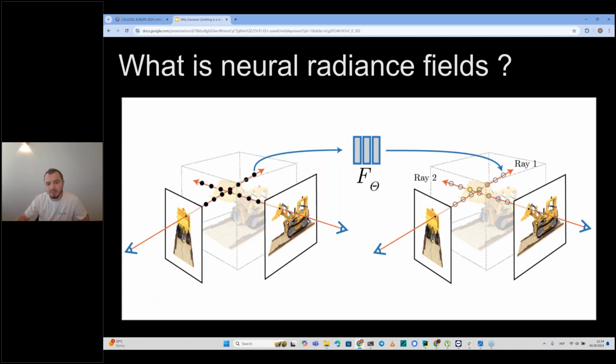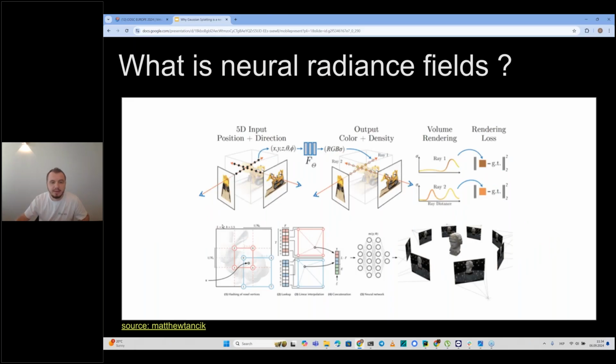And if we know this information, we can train a neural network that takes X, Y, and Z coordinates and angles of view direction as an input. So we have a five-dimensional input: X, Y, and Z, and two parameters of view angle.